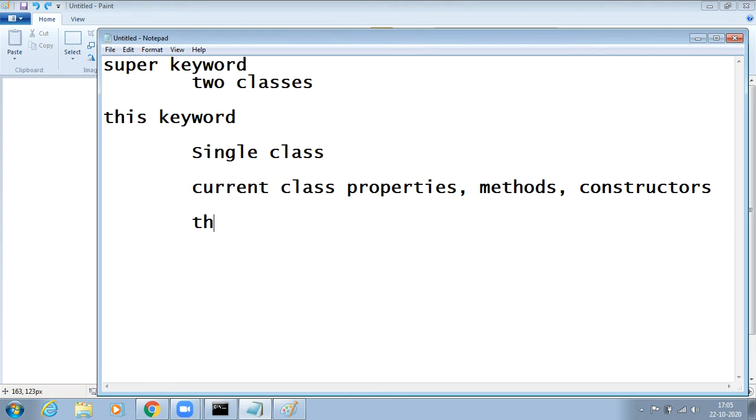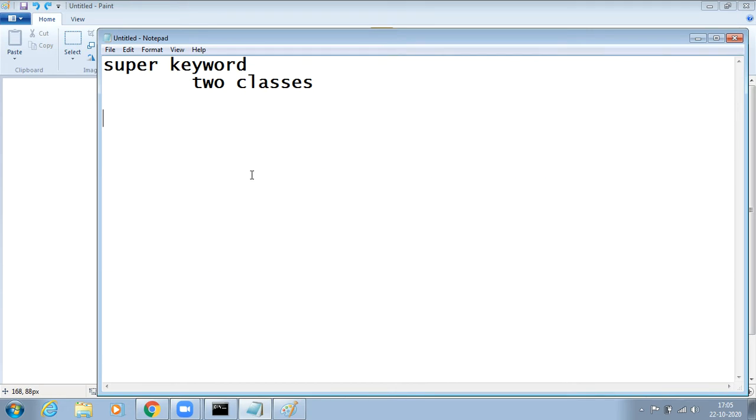We have seen it like this, right? Something like this dot property equals property, and this dot calling a method, and calling this of some constructor. Please watch my earlier video to understand this. Now we'll focus on what the super keyword is.